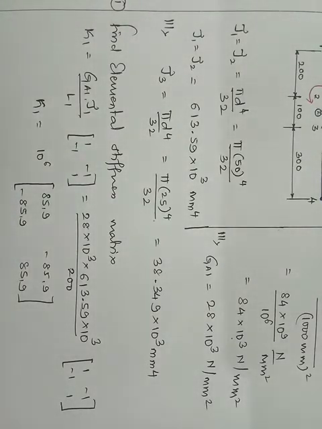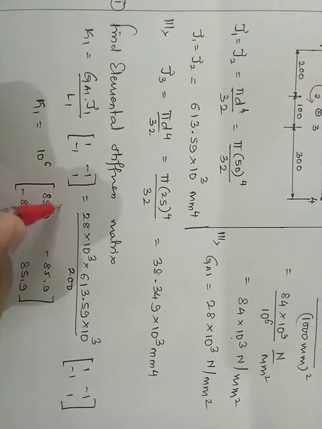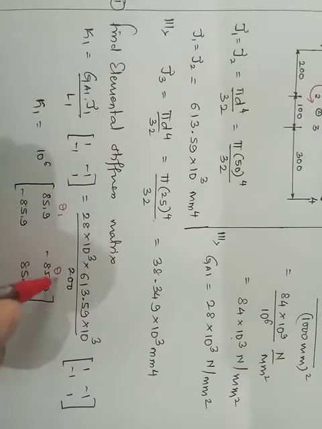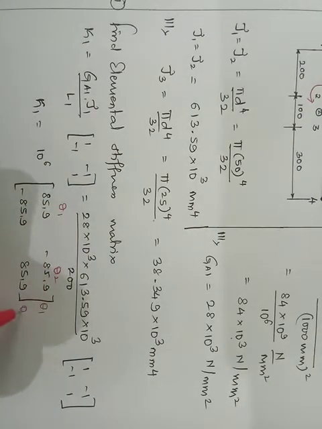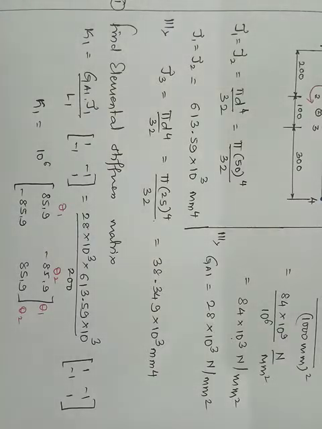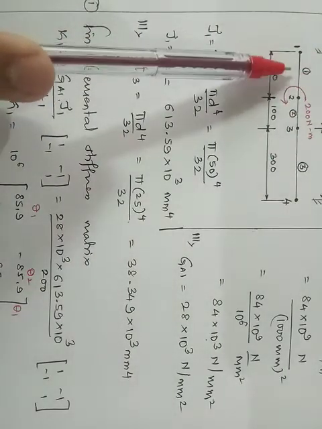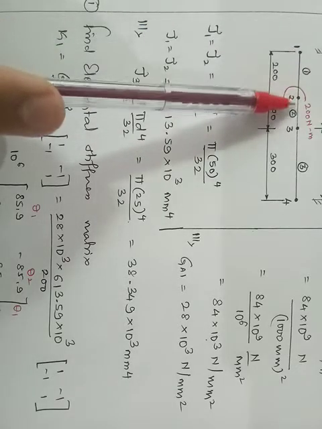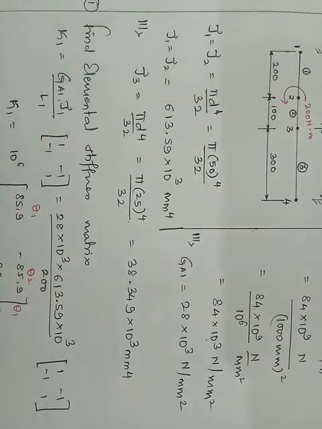Please note down the associated angles of twist: theta 1, theta 2, theta 1, theta 2. How are you going to decide it's theta 1 and theta 2? Consider element number 1. The two extreme nodes are 1 and 2, so it is theta 1 and theta 2. Now, similarly,